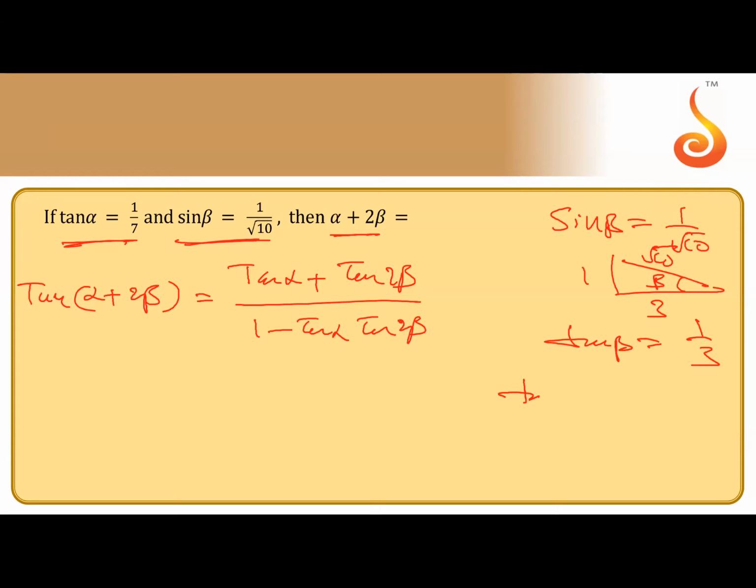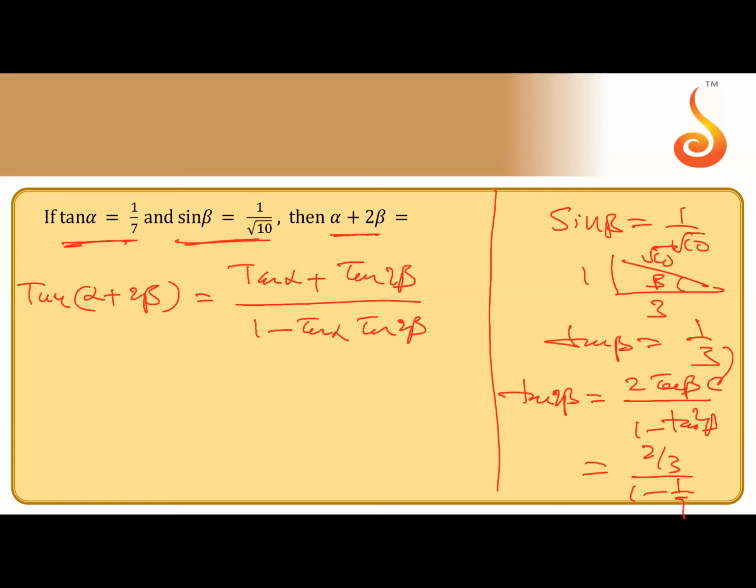So tan 2 beta. What is the formula for tan 2a? 2 tan a by 1 minus tan square a. So 2 tan beta by 1 minus tan square beta. Solve this one, this value substitute and calculate. Solve yourself. Try yourself. If you don't get it, I will explain. Find the value of tan 2 beta first. 2 into 1 by 3, over 1 minus 1 by 3 whole square, 1 by 9. Simplify it. What do you get? Yes, very good, Saranya. And substitute the value. Already you know tan alpha is 1 by 7. Tan 2 beta, I hope all got 3 by 4.